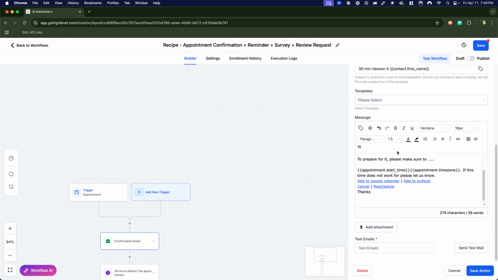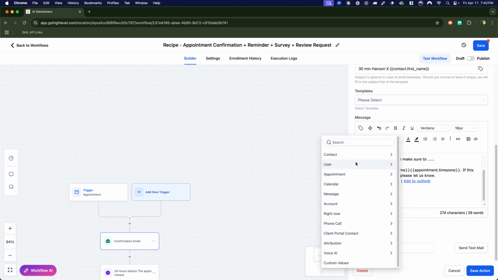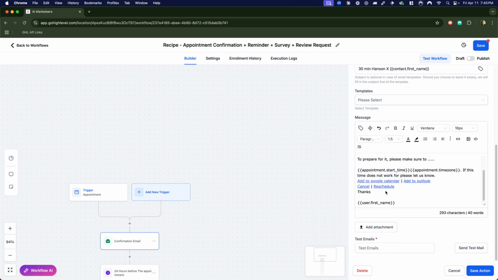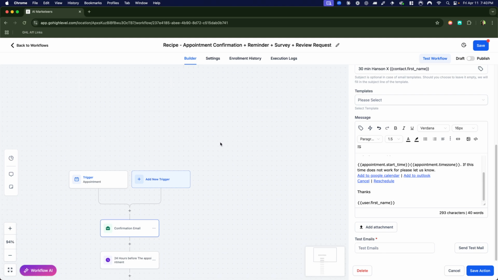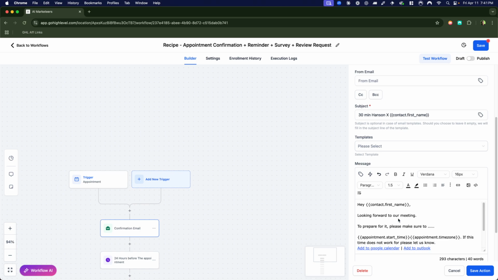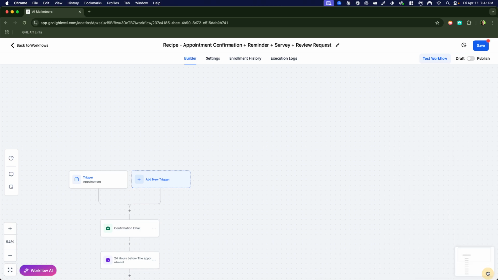And if you want to have it, this is a good place to do the assigned value. So whoever the user is, first name or first name, last name, right? So if you have multiple people in your team and there's multiple calendars, you can have one automation for all of the calendars, and based on who is the assigned person or whose calendar it's booked to, it will show their name, but it will have this exact same information on here. So I'm just gonna hit save here,